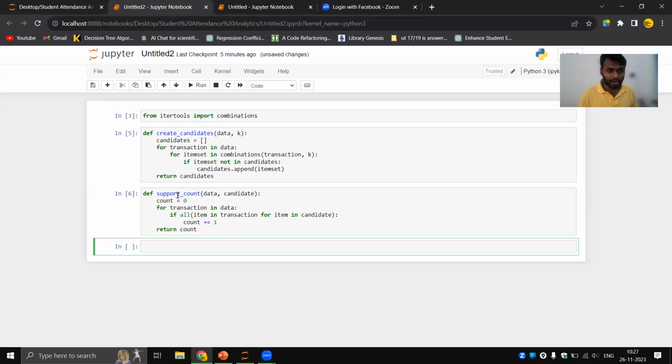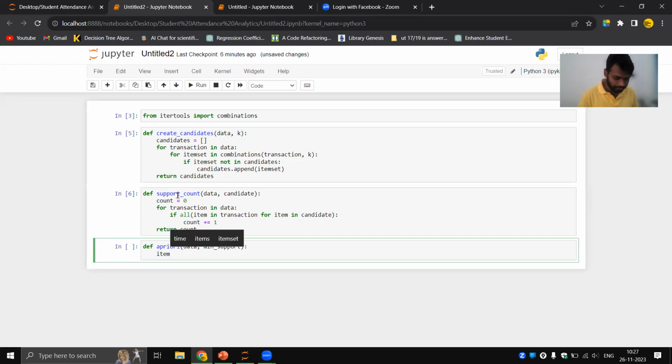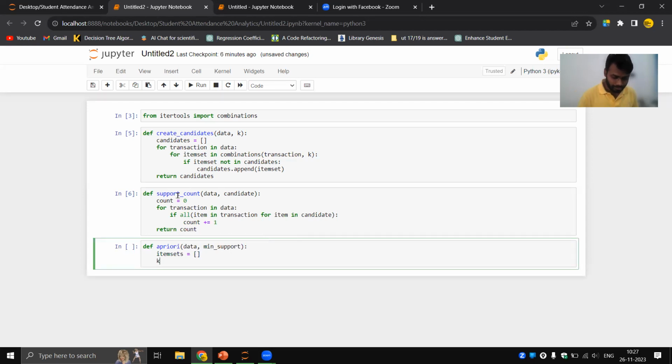Now use the Apriori algorithm. So def with the help of that function, apriori, then data, minimum support. Item sets is equal to list. Next, I have to give the k value, k equal to 1.